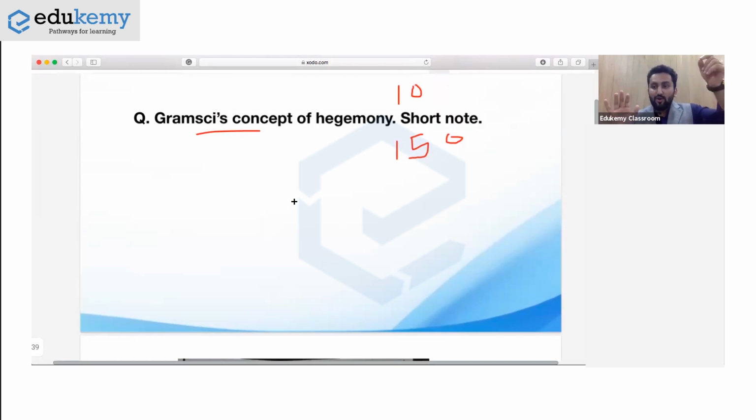You are going to look at the question directive, then the question keywords, and you are going to give a hint of these keywords in the introduction itself, so that the evaluator is clear that you have understood the demand and context of the question. Then you go into the body, and the conclusion should have elements of whatever is already discussed there. So I hope this lecture brought some clarity in your concepts as well as how you should attempt